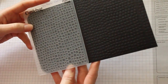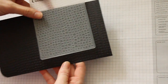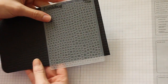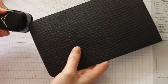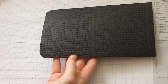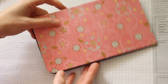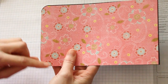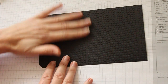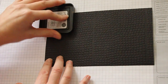When you do that, you will have to run your paper with the embossing folder through your die cut machine 3 times, and then corner round 2 of the corners. Take a piece of pattern paper that is about 1/16 smaller and corner round 2 of the corners as well. Now you'll have to emboss the piece of cardstock with clear embossing powder to make it